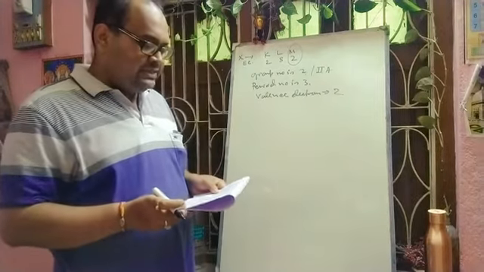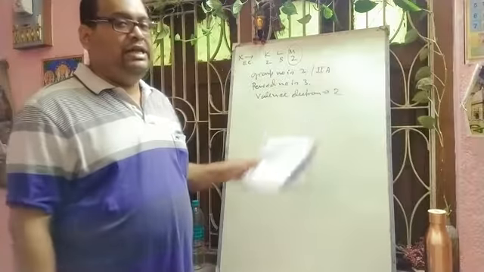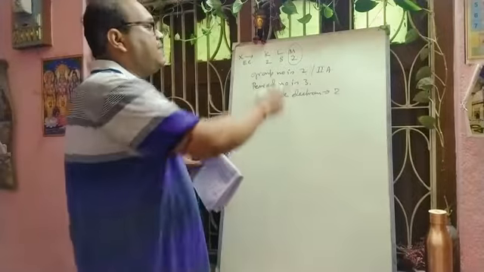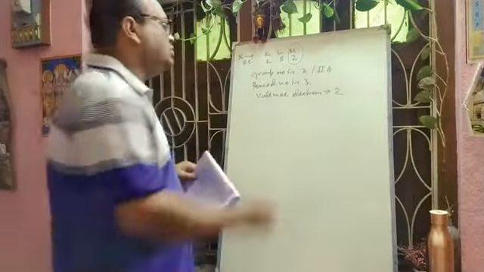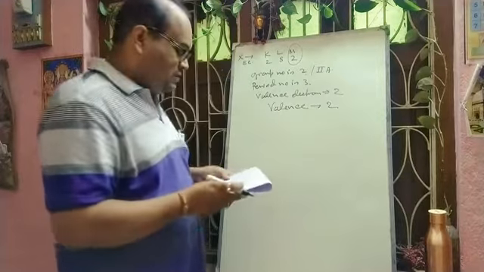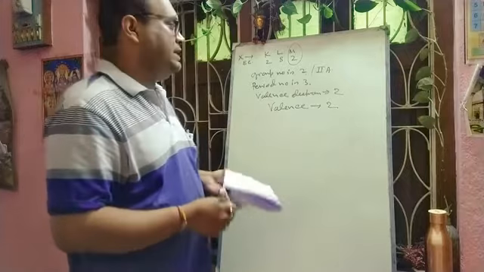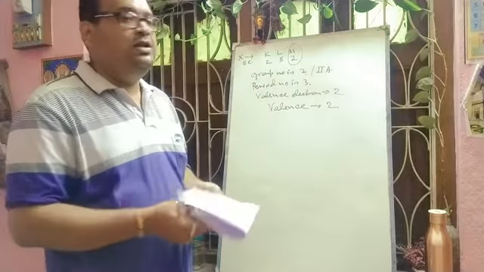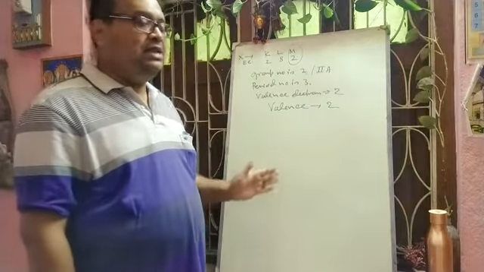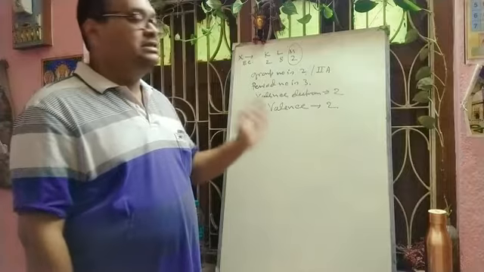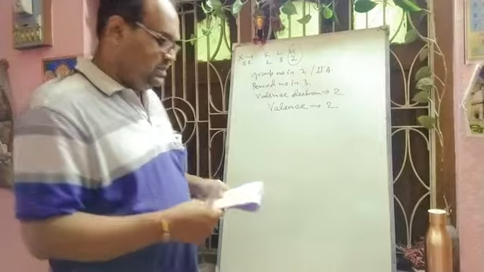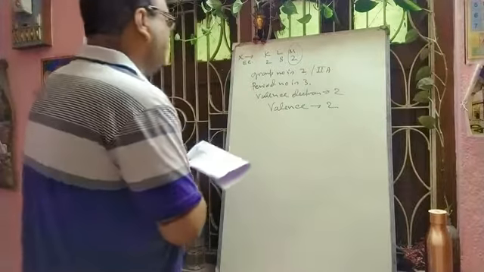And what is the valency of X? In this case of element X, the number of valence electrons is 2. Definitely valency will be also 2. So in this case valency for the element X is 2. Next question is, is it a metal or non-metal? We know that in the periodic table, group 1 and group 2 elements are called metals. Group 1 are called alkali metals and group 2 is called alkaline earth metals. Definitely, this type of elements have low ionization potential value, so they are considered as metals. So you have to write the element X is a metal.